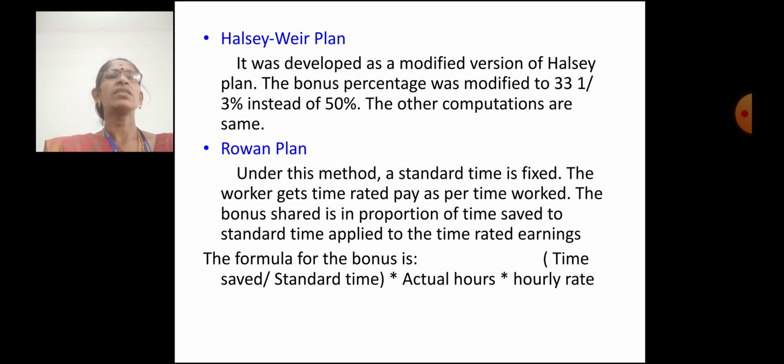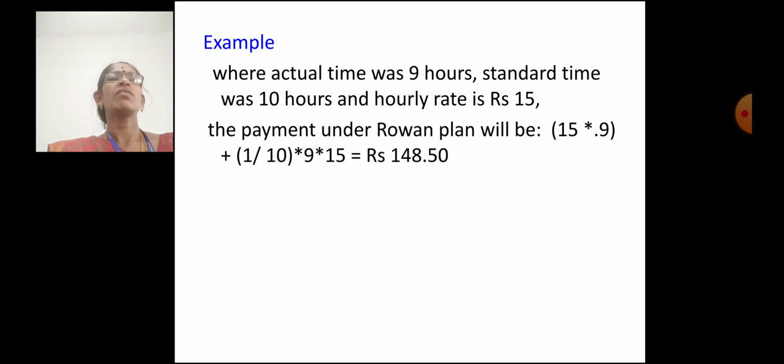Rowan plan. Under this method, a standard time is fixed. The worker will get time-rated pay as per time worked. The bonus is shared in a proportion of time saved to standard time, applied to the time-rated earnings. The formula is time saved divided by standard time, multiplied by actual hours into hourly rate. Example, where actual time was 9 hours, standard time was 10 hours and hourly rate rupees 15. The payment under the Rowan plan will be 15 into 9, plus 1 divided by 10 multiplied by 9 into 15, equal to rupees